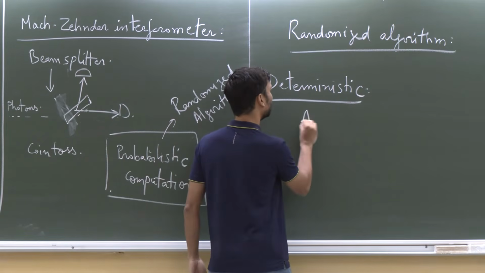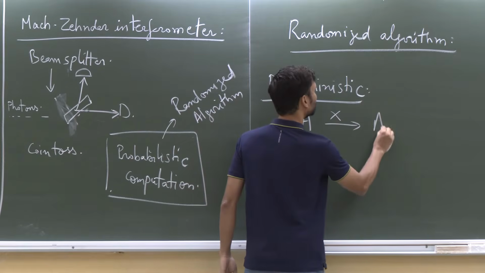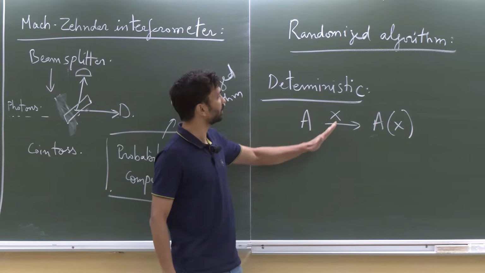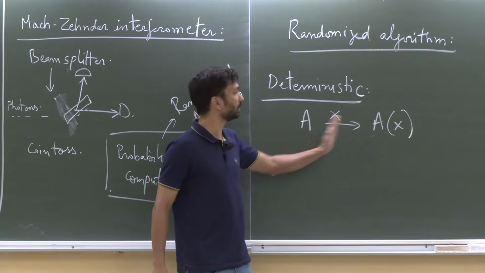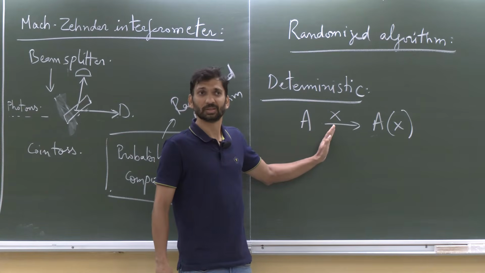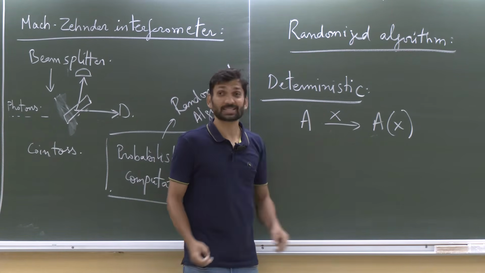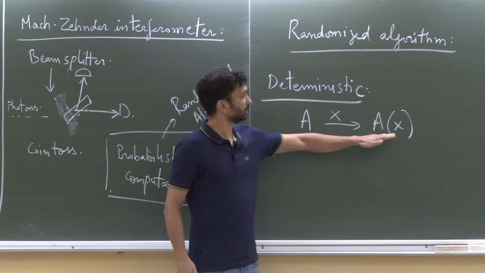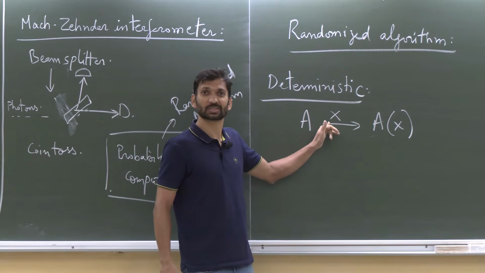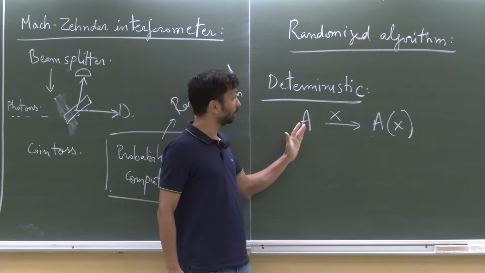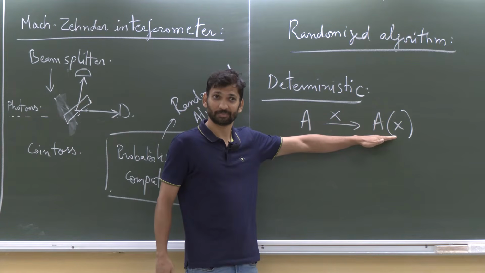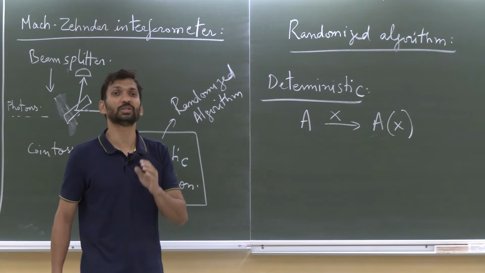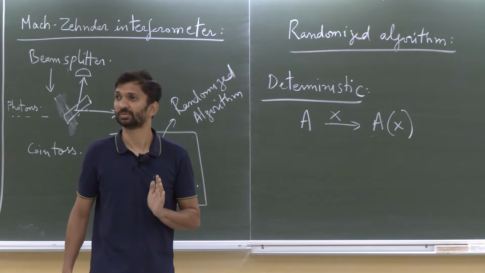What happens is, you have an algorithm A, you give it X, you get an output A(X), correct? And this A(X) only depends on X. I have an algorithm in mind, it depends on X. And then what do we want? A(X) is indeed the correct answer. It does what I want it to do. If A is a sorting algorithm, then A(X) should be a sorted list of X. Correct? So my algorithm should work every time. Right? Unfortunately, this is too strict for most of the useful problems in nature.